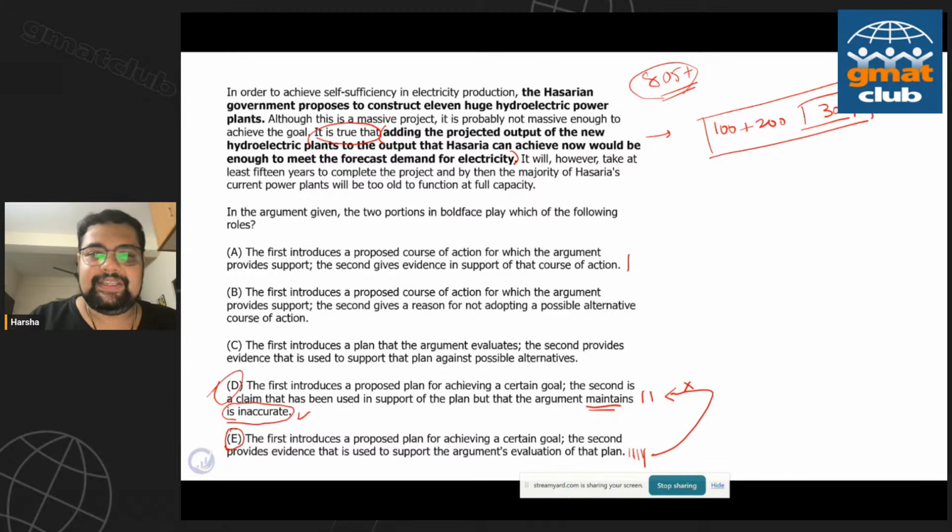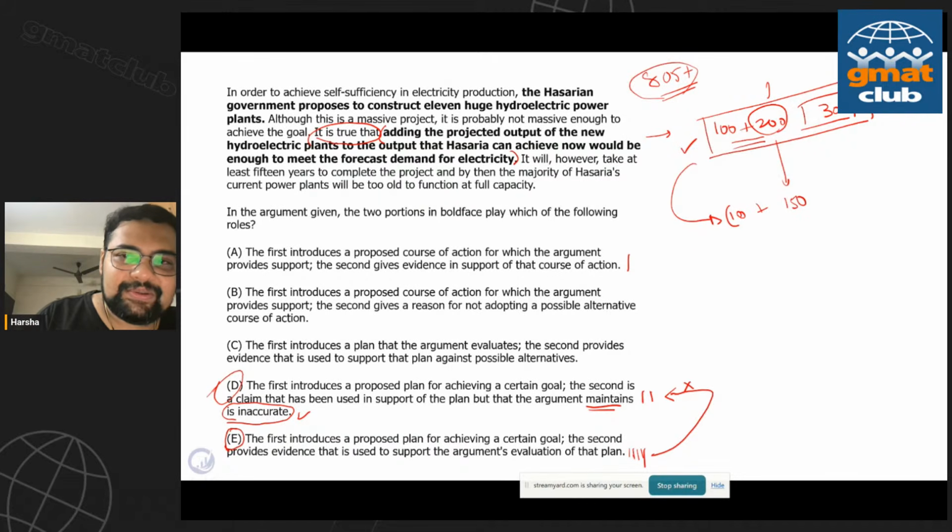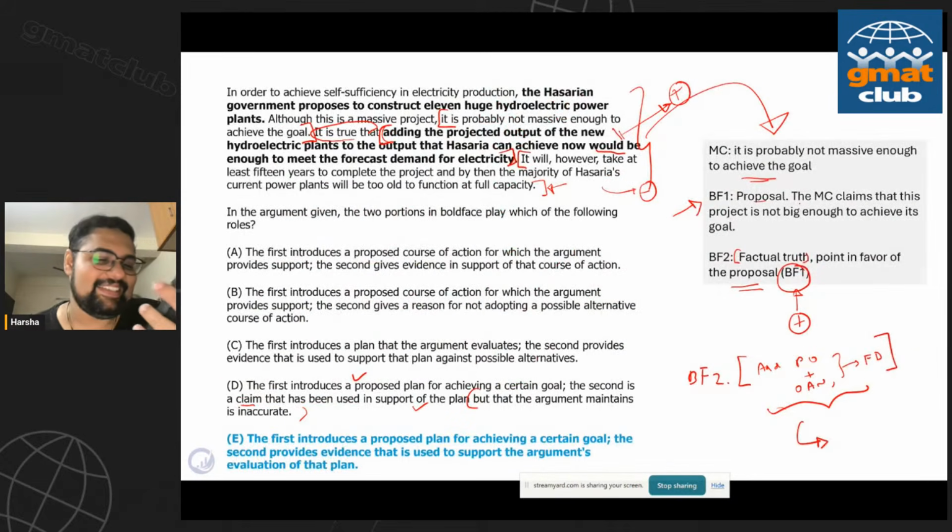This, as per the author, it is true. The problem is the next sentence. While this is true, this calculation will work out. In reality, you are expecting current demand to be 200. 15 years later, it won't be. As of now, it is 200, but 15 years later, it won't be. So in reality, this is going to become 150. That's a different issue. Nobody has told us boldface 1 is inaccurate. The author, in fact, explicitly tells you it's accurate. I hope you guys are seeing this.